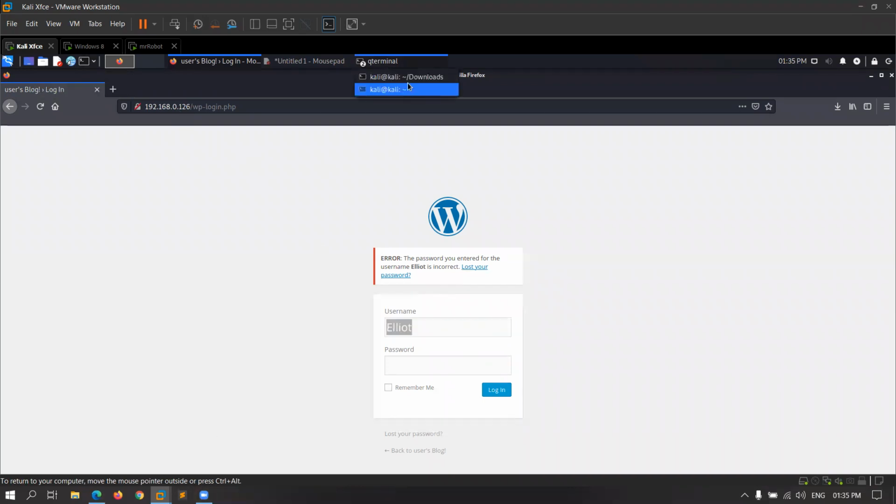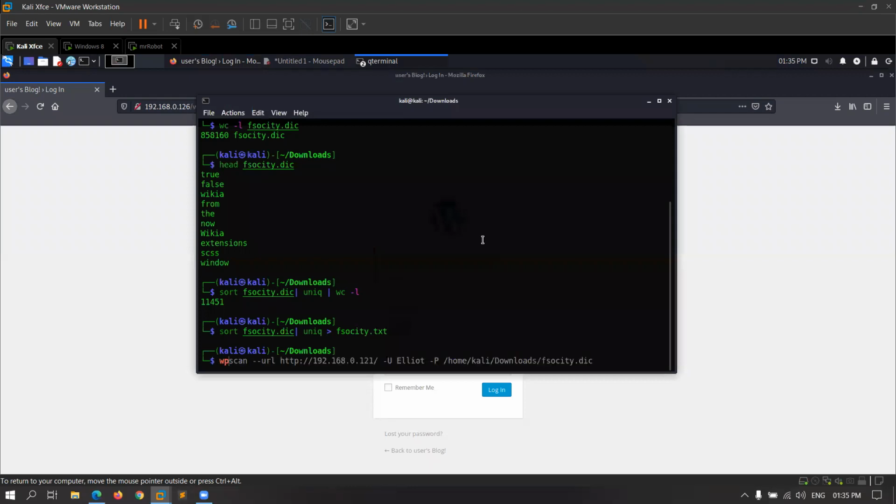So what will I do? I will just open my terminal and here I will type wpscan. So this is the syntax. There is a tool WPScan, which is a WordPress scanner, and we can also use this WordPress scanner to brute force on a directory that is available on the WordPress. So here is my directory, and hyphen URL is for the URL on which you want to brute force.